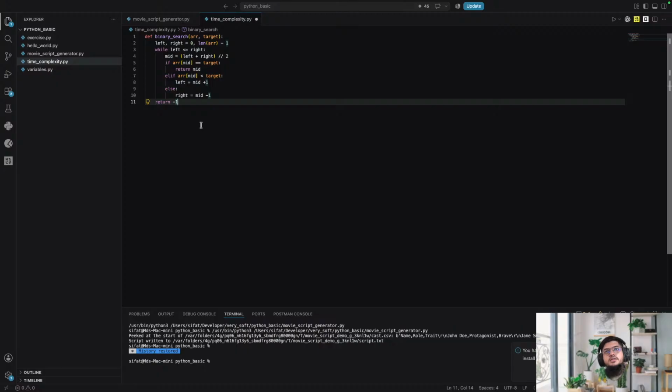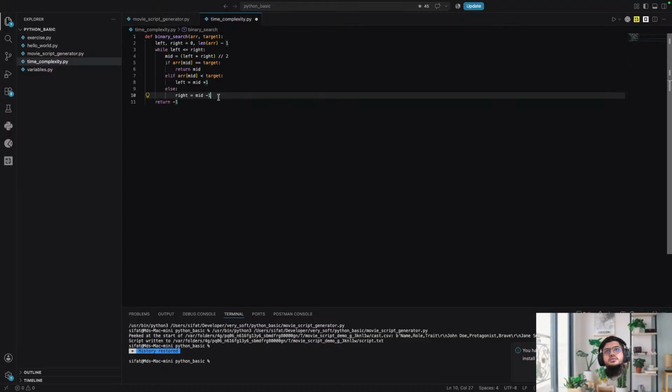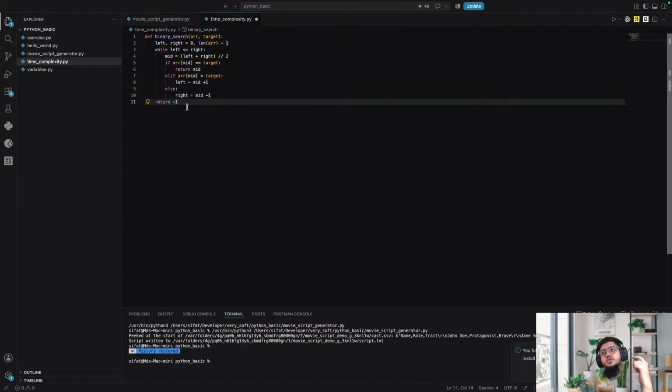That's why I finally return minus 1. So when I get the minus 1 somehow, I can know that there is some error. Otherwise, there is no possibility of getting minus 1, right? There is no minus 1 index of an array. Okay,